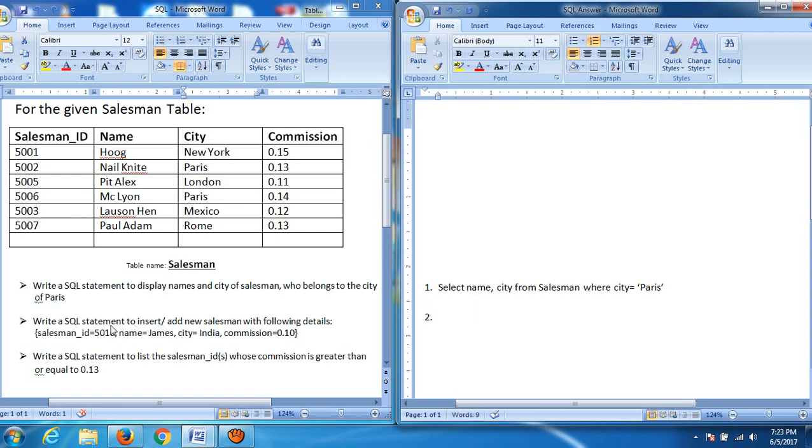Now, the second one is: write a SQL statement to insert a new salesman with the following details. Our objective is to enter a new record over here. What should the record values be? Salesman ID is 5010.